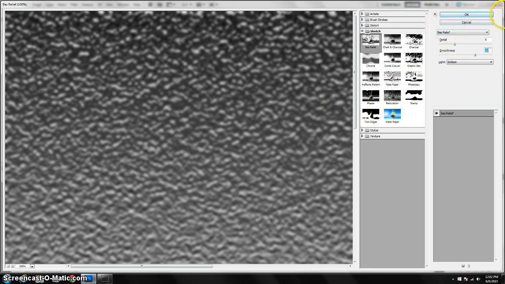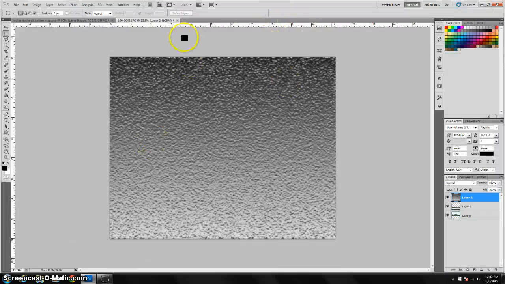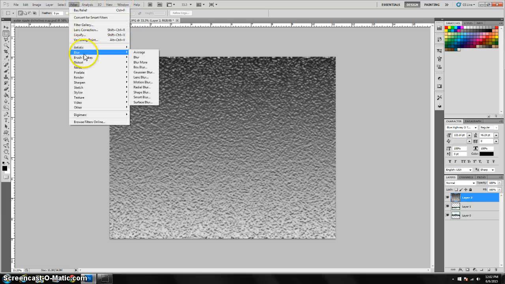And it's something you can always go back and change your distortion map if you don't like it. You know, it's on its own layer, so it's real easy to fix and to play around with, fun to play around with. Alright, I'm going to go back up to filter, and I'm going to go to blur,